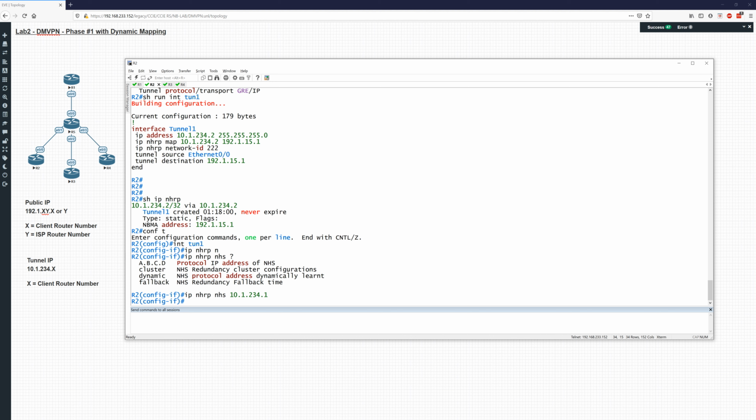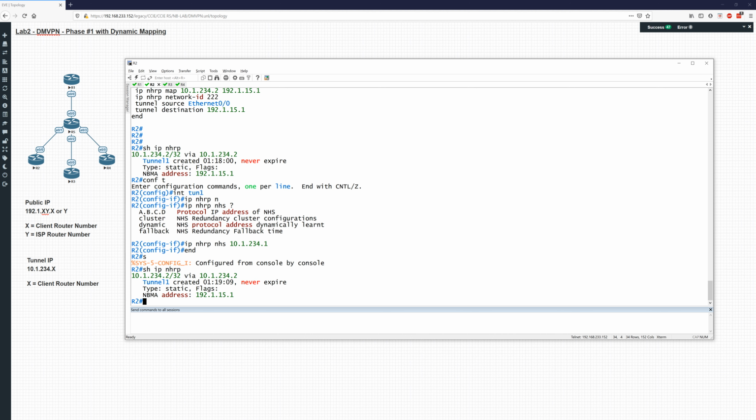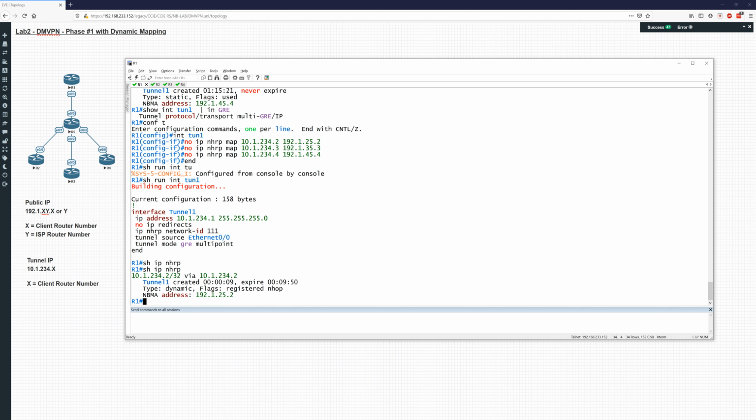So now if I press this, and now if I look at show IP NHRP, nothing changed here. But if you go on router 1 and do the command again, we can see that now router 2 has been registered. See, so this is one command, guys, one command. So what we have to learn one command at a time,